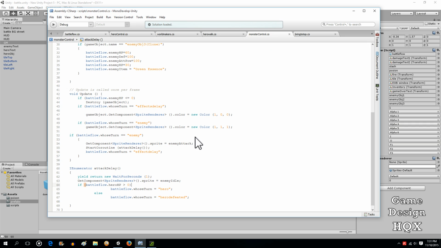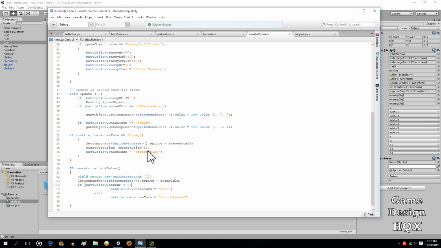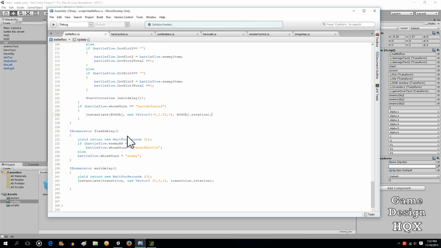So let's go back to monster control. If battle flow hero HP is greater than 0, then it should go to the hero's turn. If it's not greater than 0, then it should go to hero defeated. Hero defeated. So technically we could put this here, six one way, half a dozen the other. You have to make the monster aware of the end of battle item. So here we're defeated, instantiate the end of game object where it's going to be, and then what you can do is